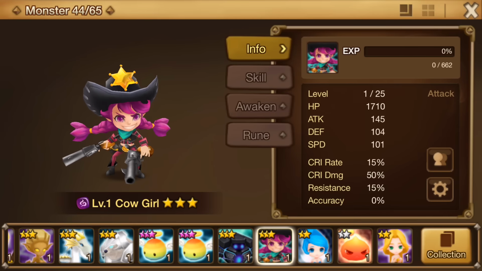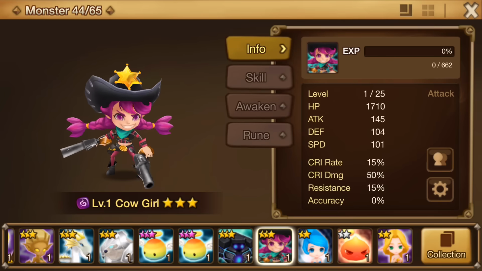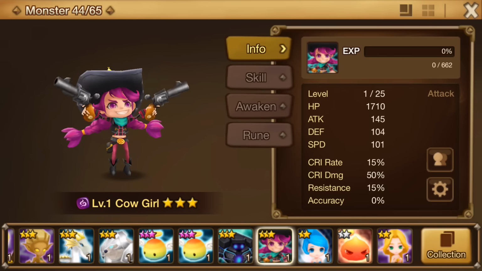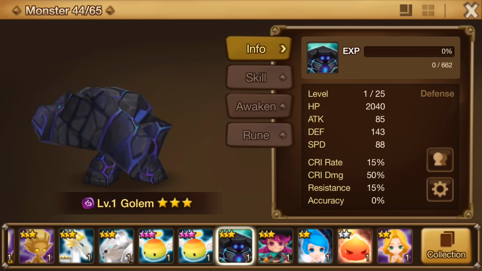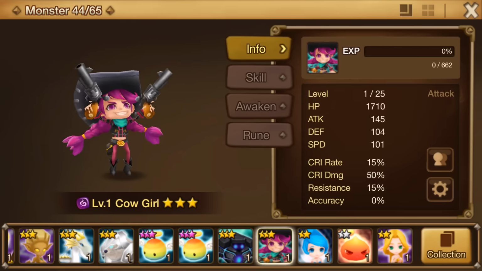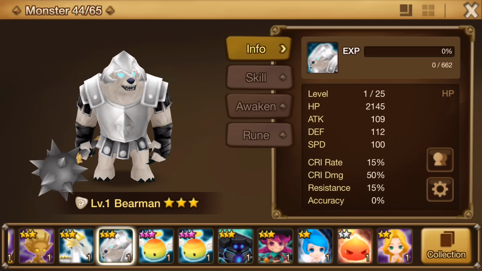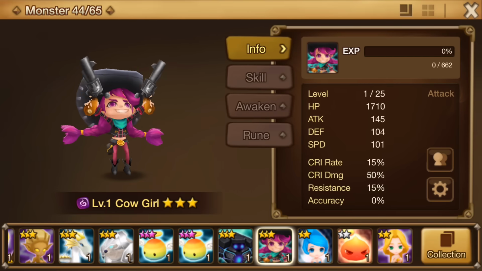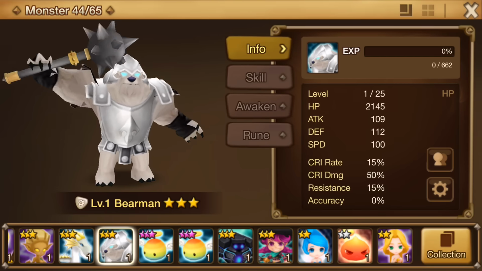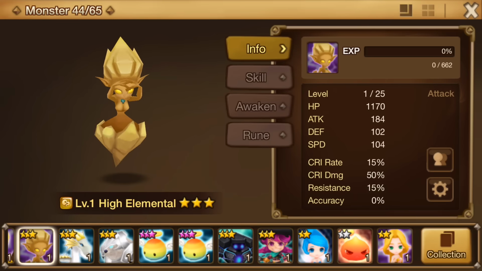Let's check out her stats real quick and compare them to some of these other 3-star unawakened monsters that I have. So her base HP is 1710. Compare that to a golem with a base HP of 2040, a little bit higher. Compare that to Light Beer Man of 2145. So her HP is kind of low, but her attack is really good. Her attack is 145. Let's see, compare her to,